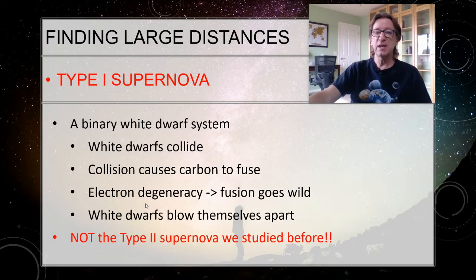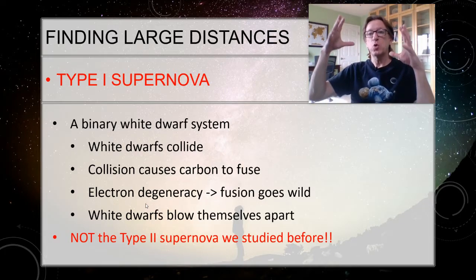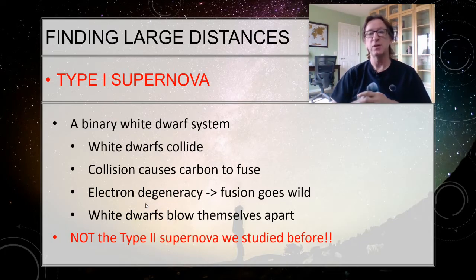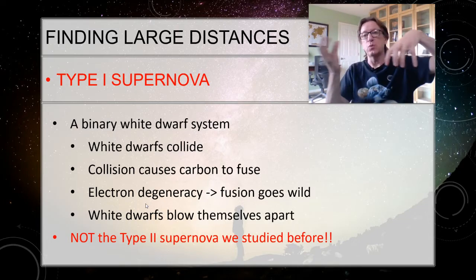The other standard candle is actually much easier to use. It's called a type 1 supernova. Now, we talked about this briefly when we talked about star formation or star death. When I have a core collapse supernova, the one that would blow up and become a black hole and a neutron star and things like that, that was a type 2 supernova. If you remember from that lecture, a type 1 supernova is a binary white dwarf.